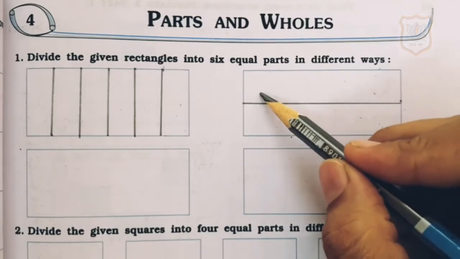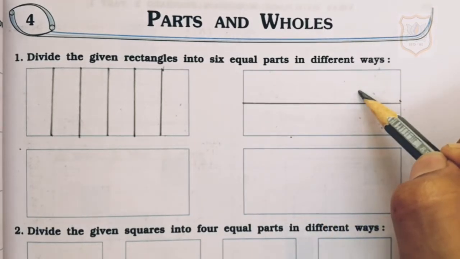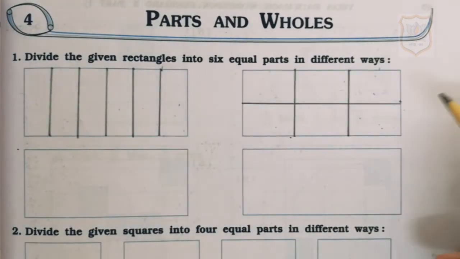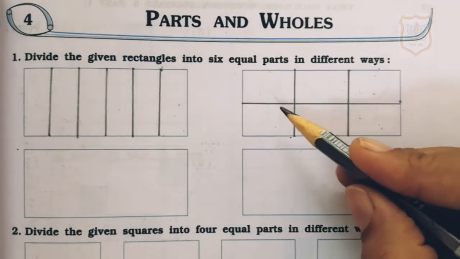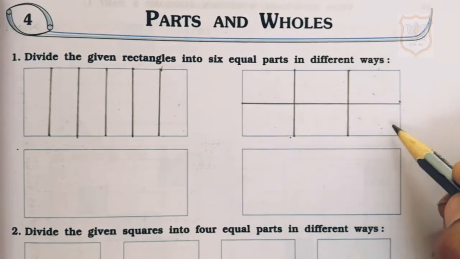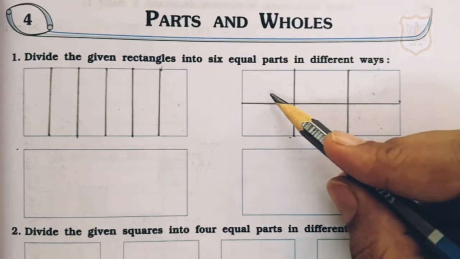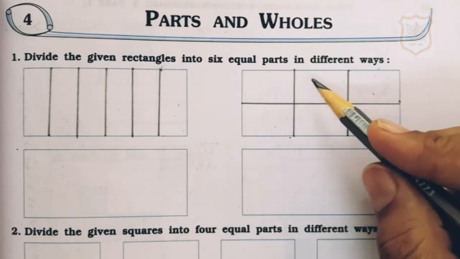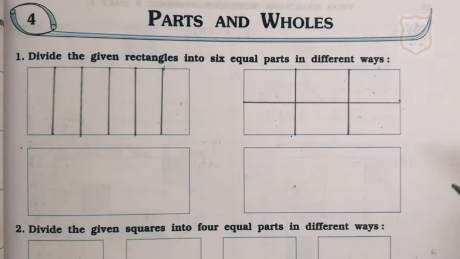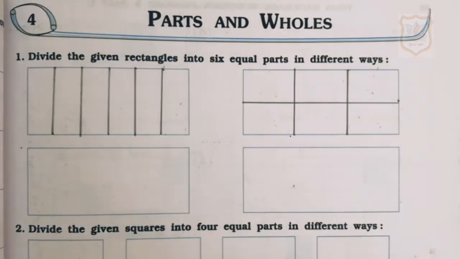2 centimeter के difference पे आपको यहाँ पर 2 standing lines बनानी है. Now students, here in this way we will make 2 standing lines with the difference of 2 centimeter. Now here you can see, count the parts. Here this rectangle is divided into 1, 2, 3, 4, 5 and 6 equal parts. In this way, remaining question number 1 you have to do it by yourself.